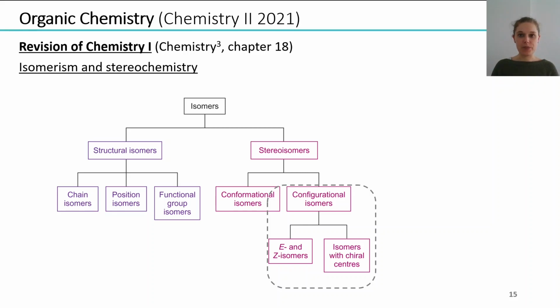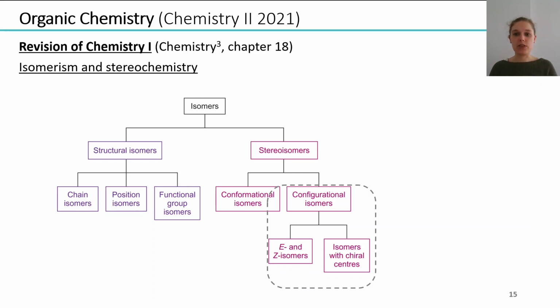After talking about conformational isomers, we now go to the next type of stereoisomers, which are called configurational isomers. Configurational isomers can then be subdivided into E and Z isomers, as well as isomers with chiral centers. When we talk about configurational isomers, the important point is that isomers have, again, the same molecular formula and the same type of bonds,